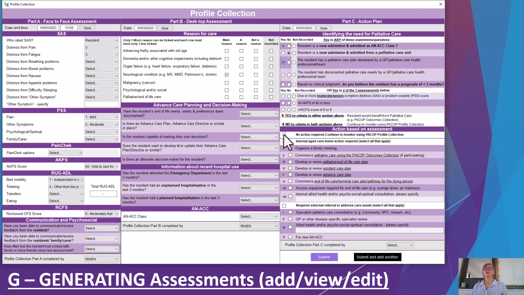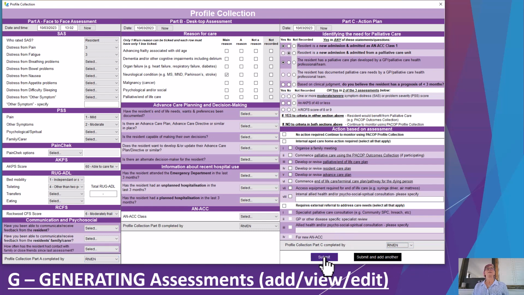And finally, you finish with the action plan. So here, if you select no action, then all other options are unavailable because you've said there is no action required. Alternatively, if you select either internal action or external action, all the fields will become available. And so, again, you'll know that section's finished when you complete the grey part,